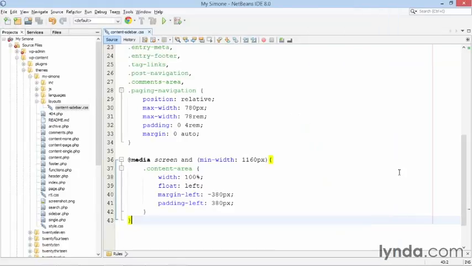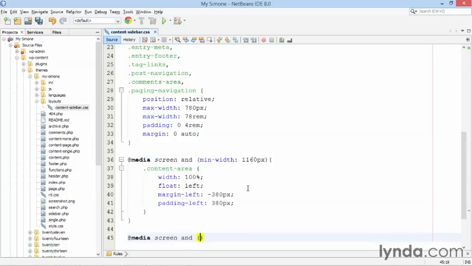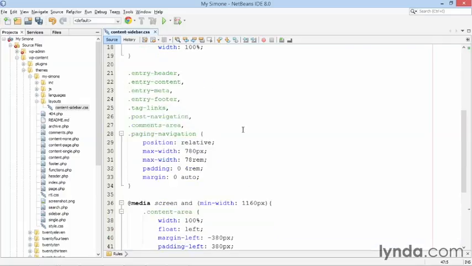So I'll go back to my style sheet here, and I'll make another media query, screen, and only this time I'll say I want this media query to affect any time before the width of the screen is 1160. So I'll say max width. So this is up until this width, 1159 pixels. So that means anything before 1160, whatever is in here will kick in. And what we need to do